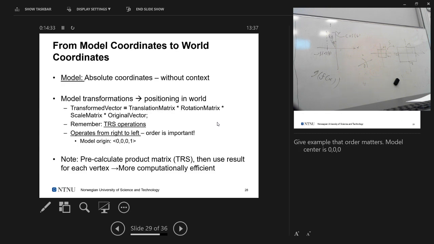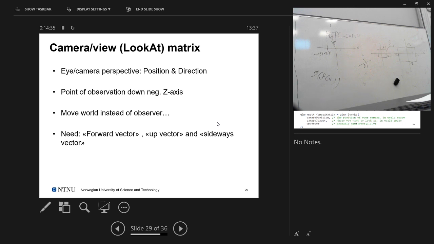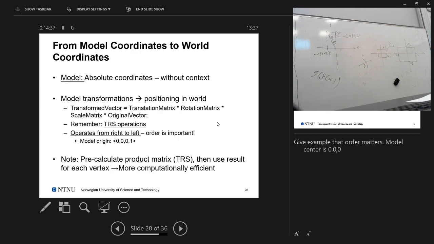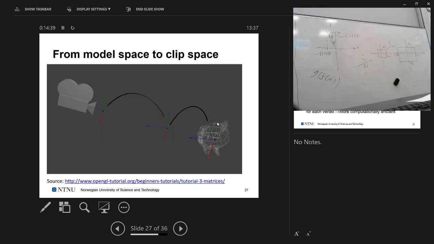Right, so how do you do that? Well, yeah, I should probably have this drawing here. As you see, you would like to know how your camera is oriented with respect to the world, right? You want to know what you're pointing at, in what direction that is. You want to know what's up, right? So you don't start to tumble around and you don't know what's up and down. Everything gets weird. So you need a vector pointing up, you need a vector pointing, you know, into the camera,